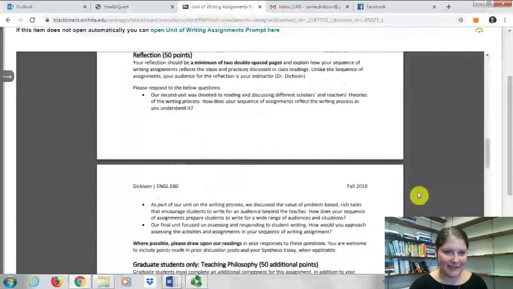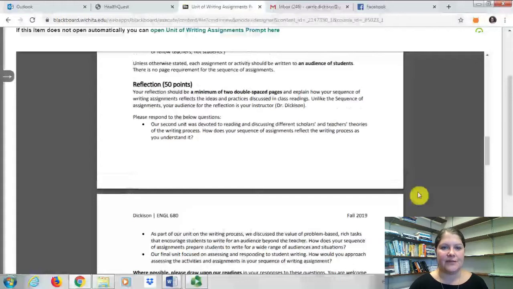And then the last piece of this is a reflection. So your reflection should be a minimum of 2 double-spaced pages, but it will probably be longer if you're taking this seriously and taking your time with this. So essentially, this reflection should explain how your sequence of writing assignments reflects the ideas and practices that are discussed